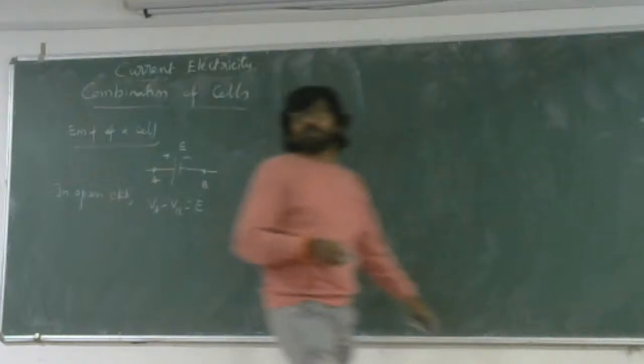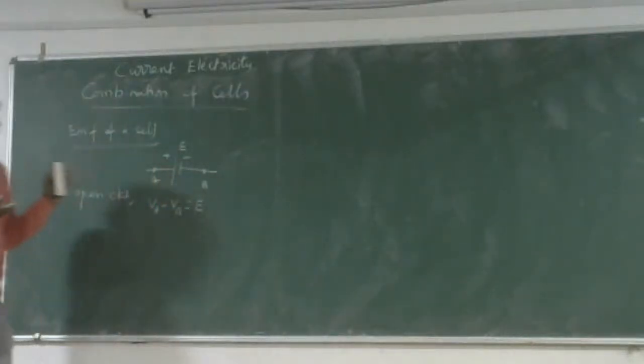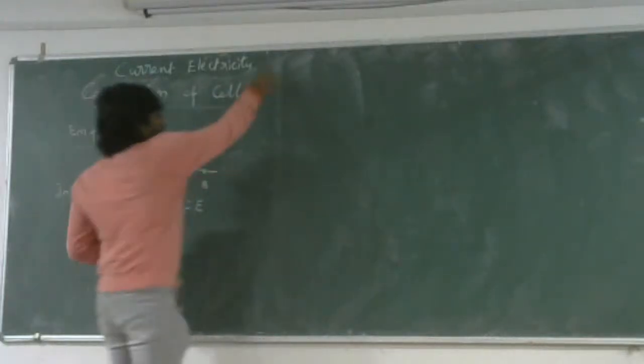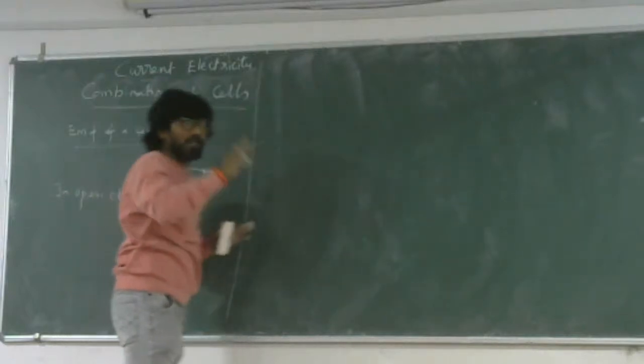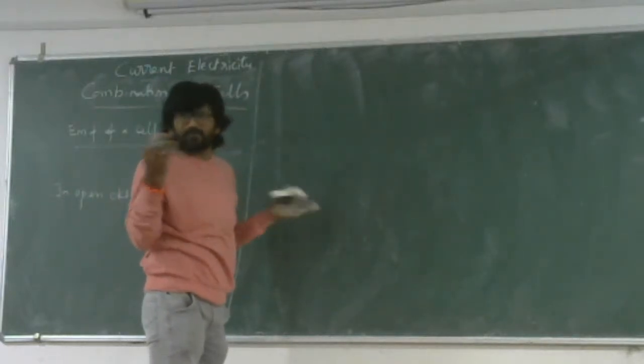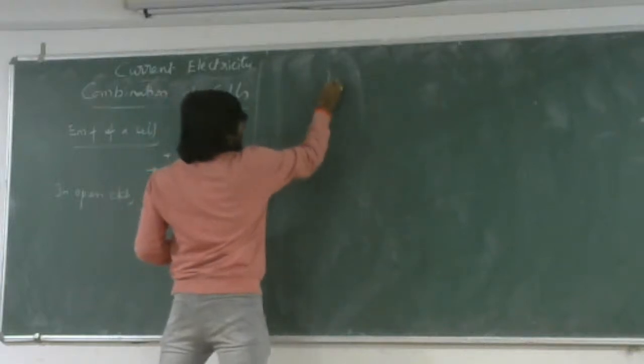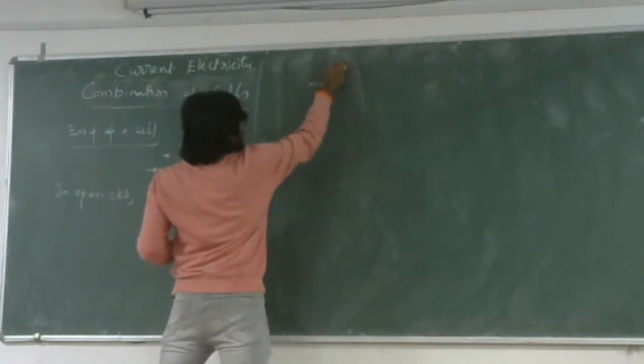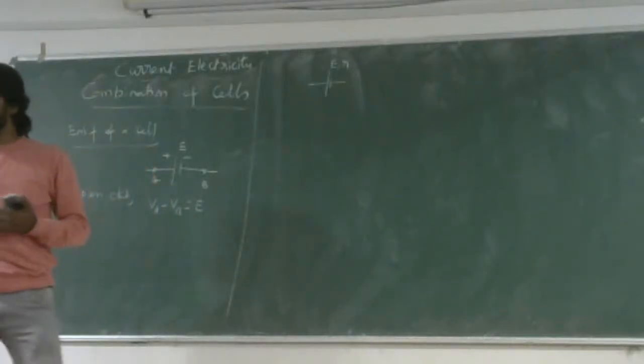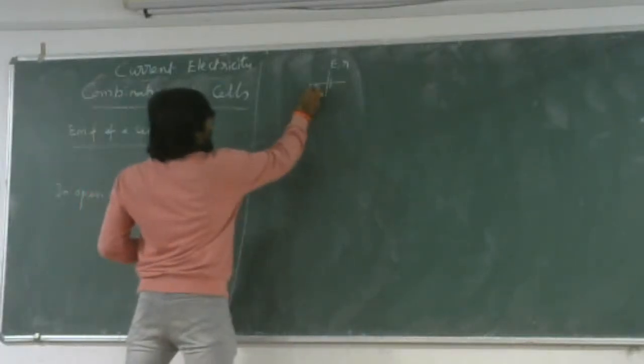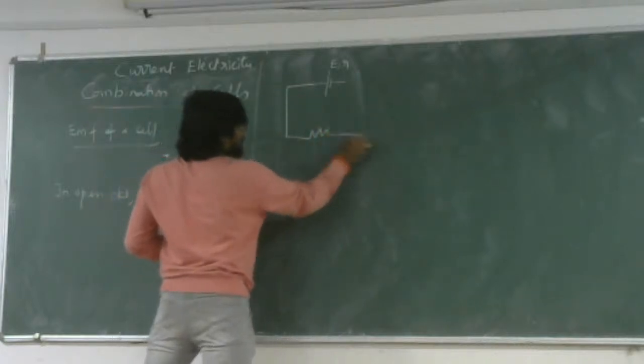This is the EMF of a cell. It is an ideal cell. In general, if you have a non-ideal cell, non-ideal means a practical cell. Usually a practical cell or non-ideal cell will have an EMF and some internal resistance. Are you following? If this is connected to an external